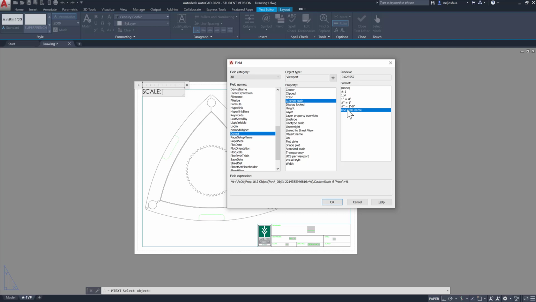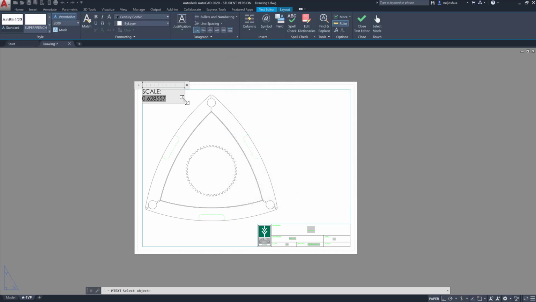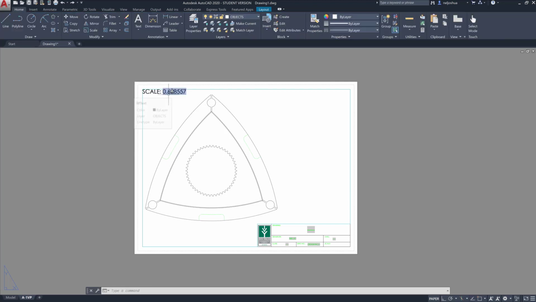So I'm going to say custom scale and then use scale name are going to be the two options I use. And then I'm going to hit OK. Now it immediately populates that because that viewport does indeed have a scale. It's already got a scale, so it's populated in here. And that is exactly what we want. So if we double click on the viewport, you can see down here that the scale of the viewport matches